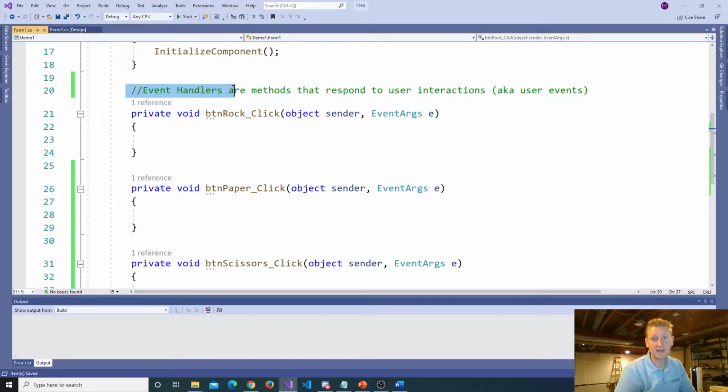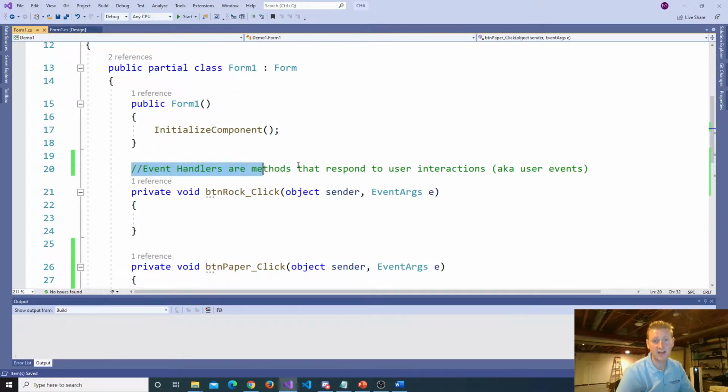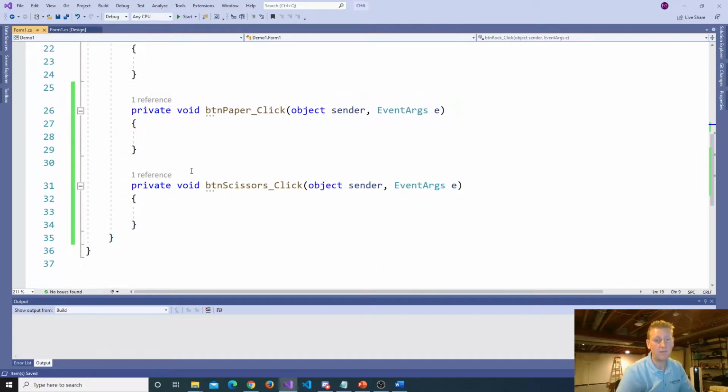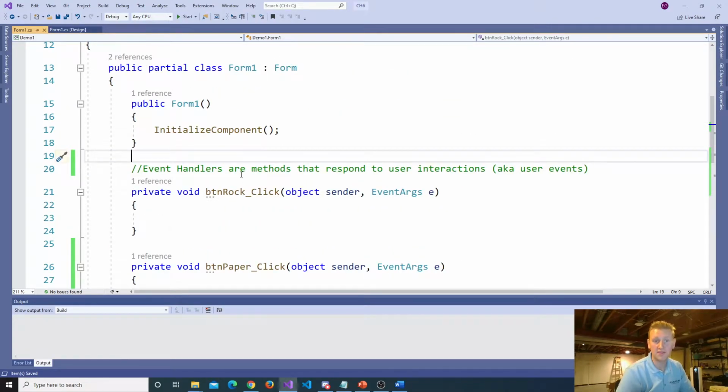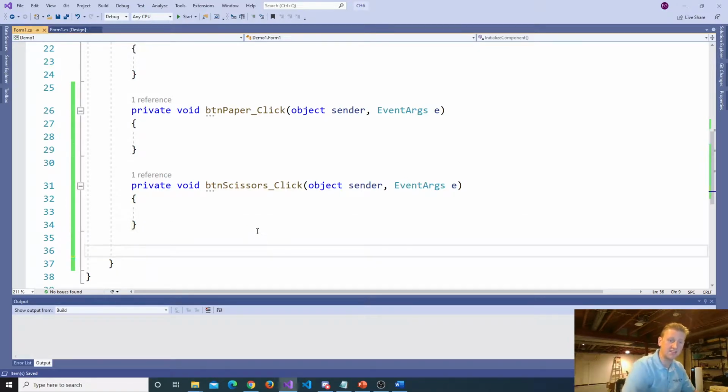So event handlers are simply methods that run when the user clicks the thing or hovers the thing, or whatever action initiates or fires the event handler. Okay, so event handlers are methods. But we're going to be writing our own methods. And so when it comes to writing your own methods,